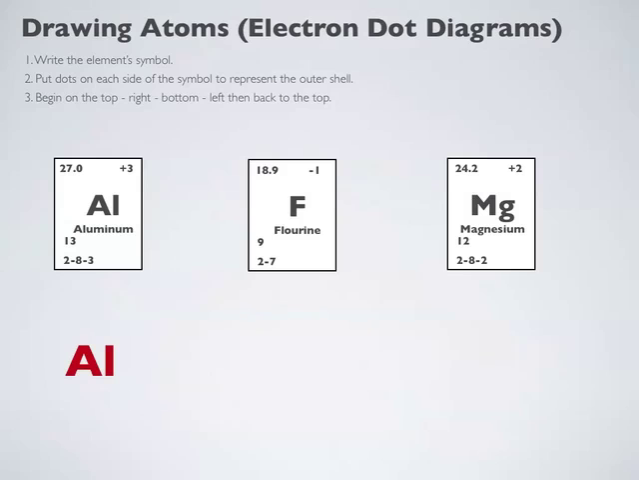Aluminum has 3. So what we do is we start on the top. We put a dot for the first electron. Then we go clockwise. That's aluminum's electron dot configuration. Next, fluorine. Write the symbol. Go clockwise. And now you can sort of see that it's missing 1. Magnesium. So that's called an